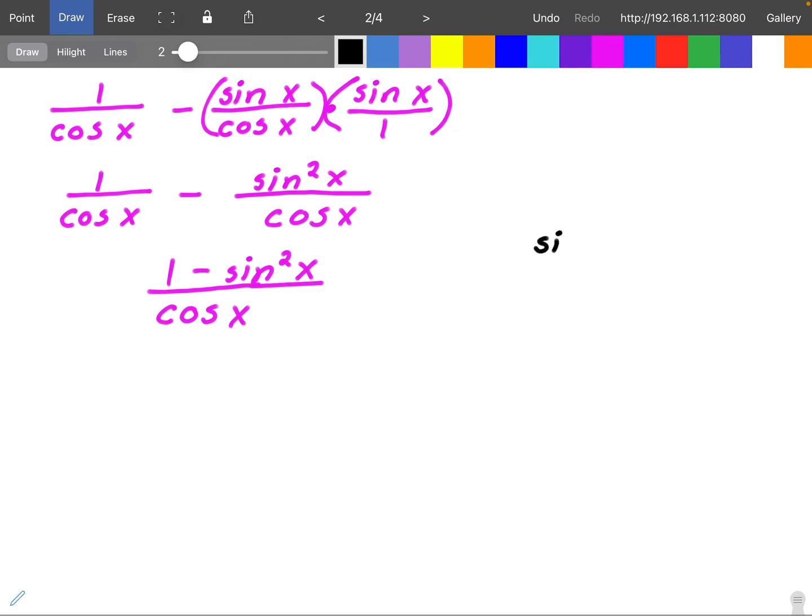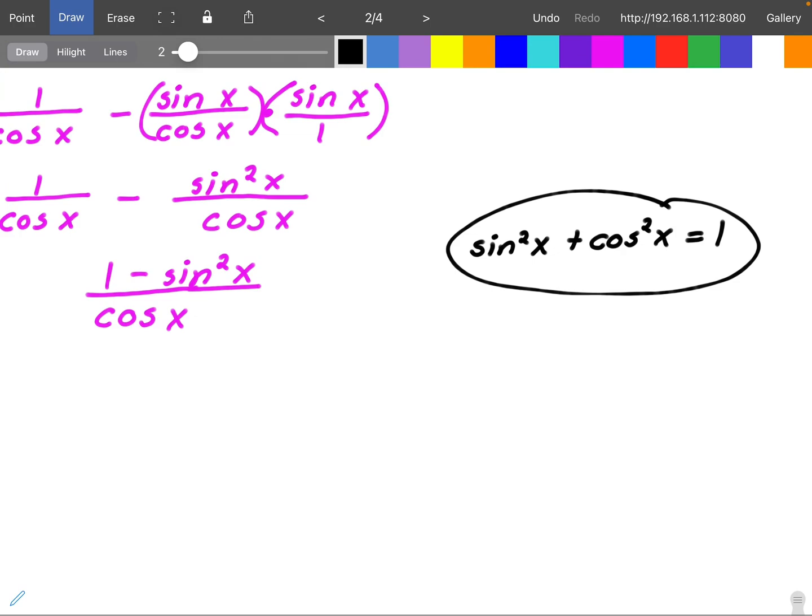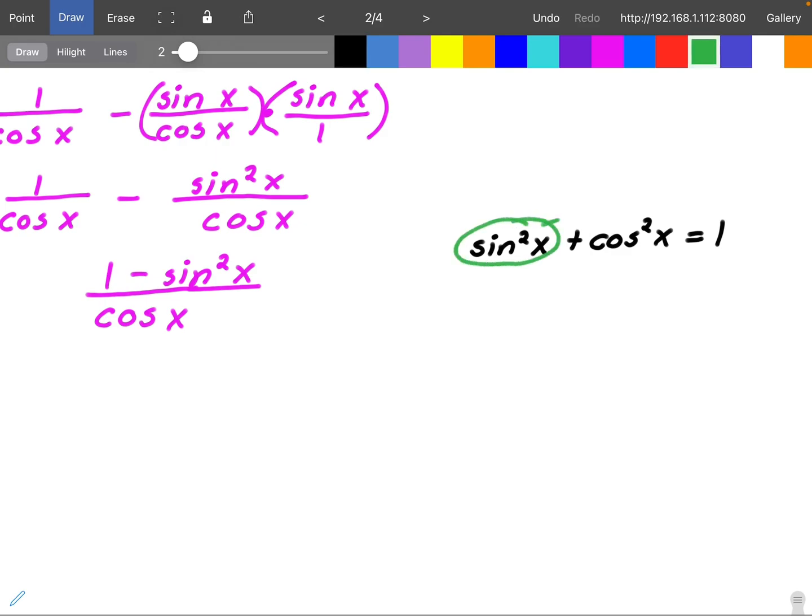So I take that main Pythagorean identity, which is sine squared, and we're going to have x this time instead of theta. It's still representing an angle. It doesn't matter. So sine squared x plus cosine squared x equals 1. So can I manipulate this to give me this on one side? Yes, I can. In order to do that, I need it to have minus sine x. So 1 minus sine x means I need to take the sine x and I need to subtract it to the other side. So then that's going to give me the cosine squared x by itself, and then that's going